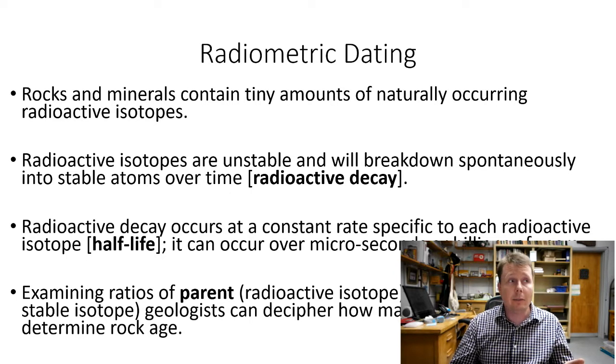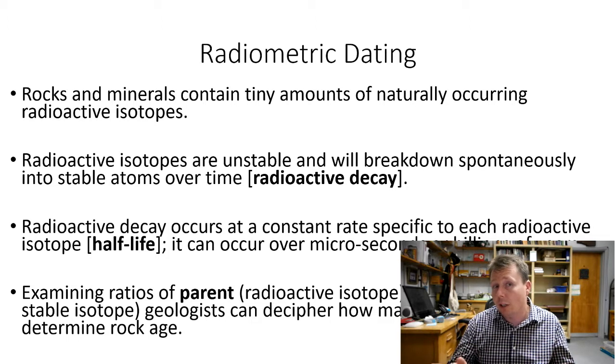In the case of carbon-14, which we looked at, it will decay to one half-life in about 5,730-ish years. In the case of something like potassium-40, it's a lot longer, and it will reach its first half-life after about 1.25 billion years. So that's very interesting that they all have their unique values, and that's what's going to differentiate these isotopes and make some more useful in geology than others.